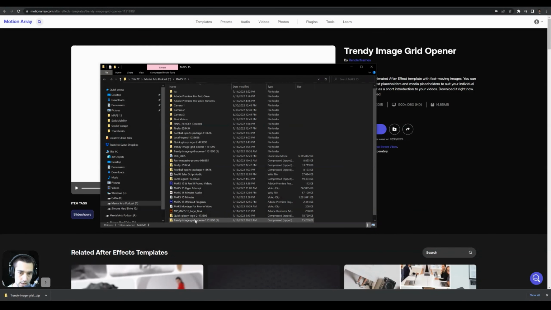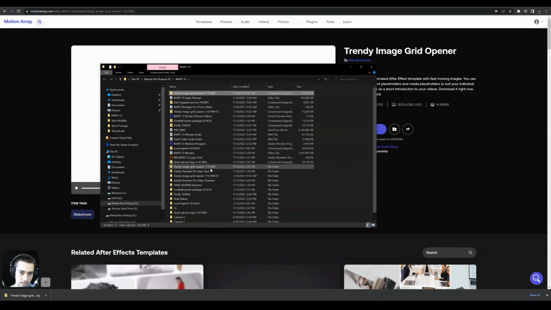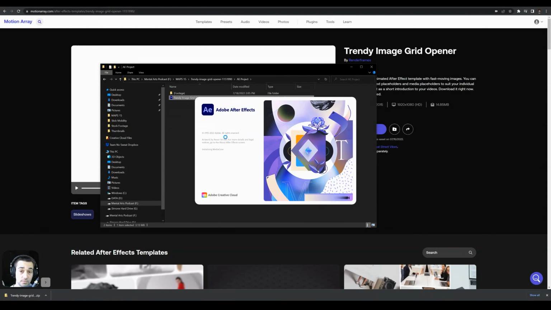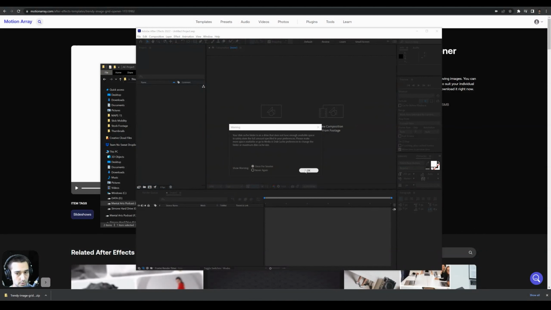All right, and then you will see your Trendy image grid opener here as a file that you can go ahead and open up. You'll see 3 different folders. We're looking for the AE project, like After Effects project. Go ahead and double click on that, and then open it up by clicking the After Effects file. All right, so go ahead, open that up. This is going to go pretty quick, but I am going to walk you step by step, and we're actually going to be using this promo template here to insert some footage from an awesome exercise program that we're working